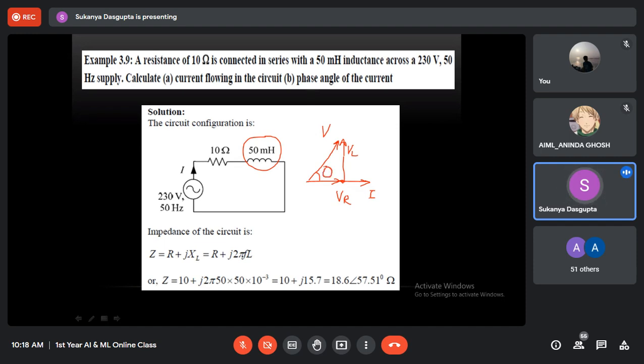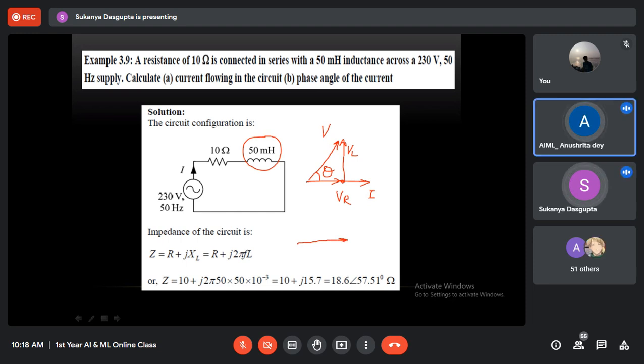This is your theta. Now you can start from V that you are talking about. You can start from V. I understood now why it's being done. That's why in case of parallel circuit, we always consider V, because this time the supply voltage will always be the sum of all the voltage drops.